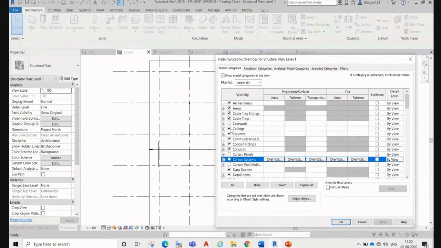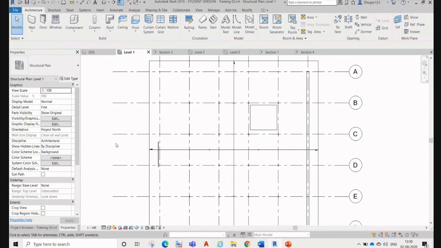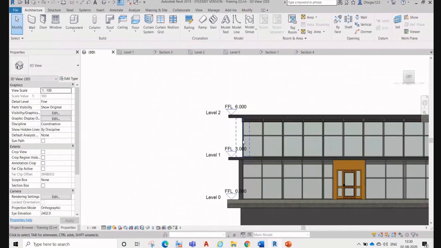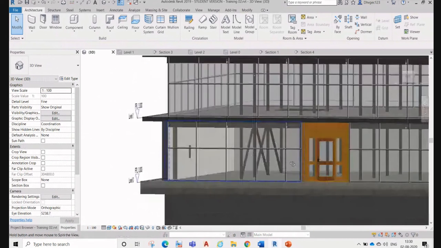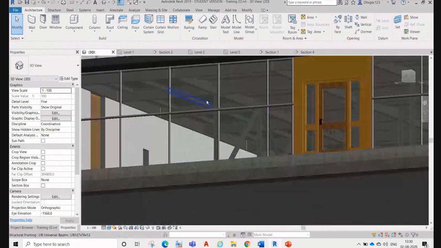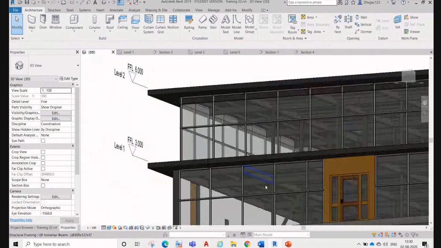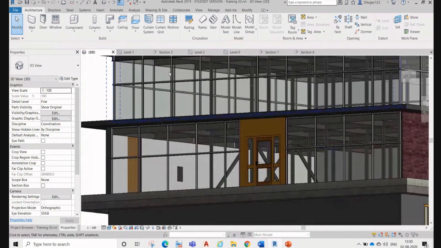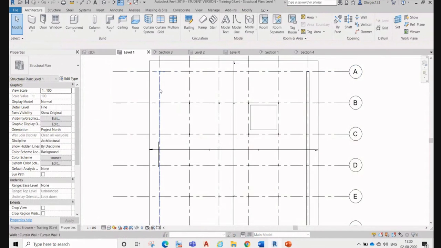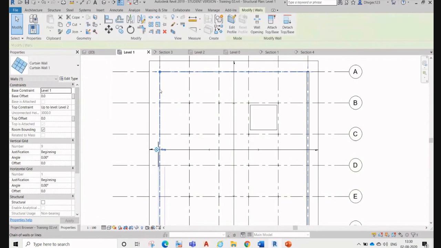Ceiling, yes. And now we'll go here. Why is the ceiling not coming? I don't know much about this interface. So we select over here, we select overall. So this is curtain wall.